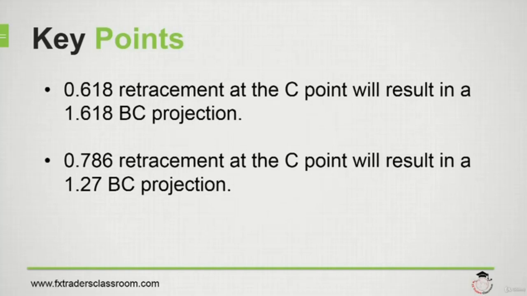The best thing to do is to take a day or two and just look at this pattern. Use any time frame you want and solely focus on this type of harmonic move. Once you feel like you've got it down,